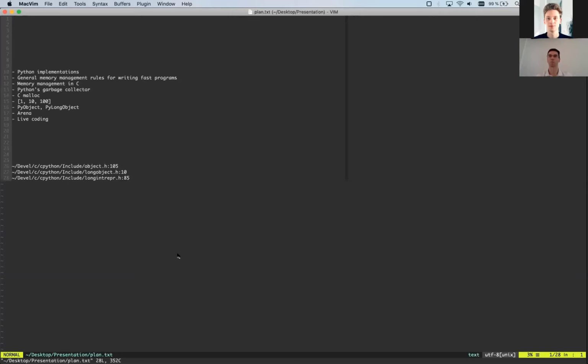So what are the main generic rules of writing fast programs in memory management? There are 3 important rules. The first rule is to allocate memory as few times as possible during program runtime. Also to free memory as few times as possible.